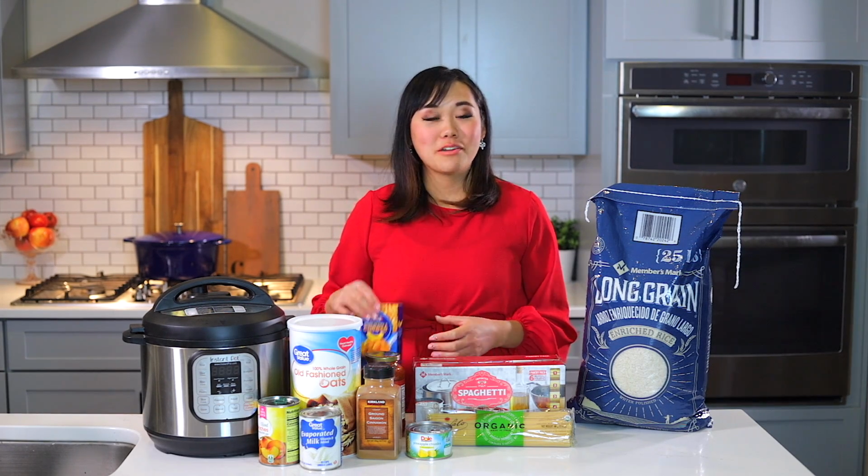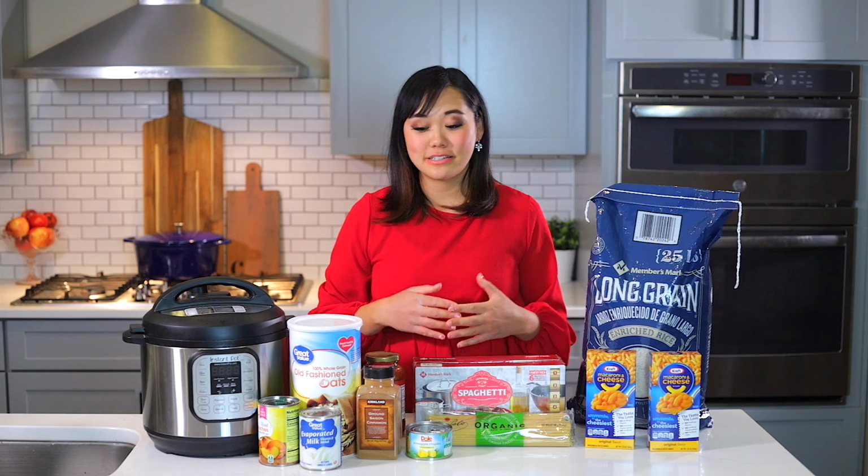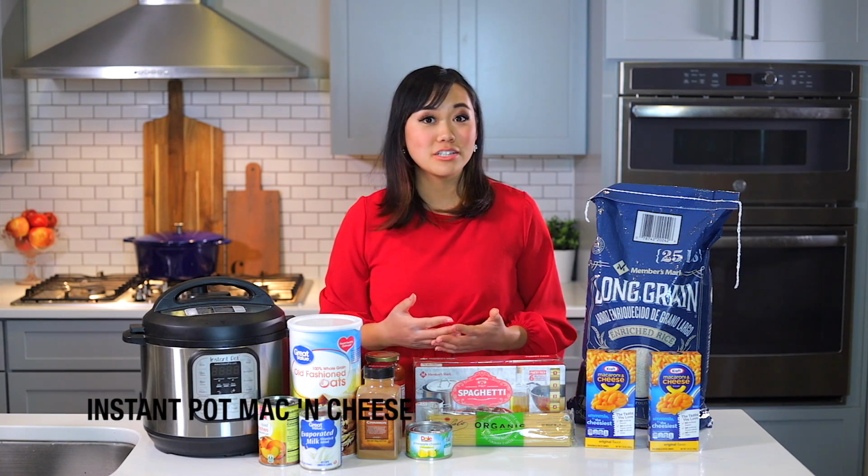Next up is Instant Pot mac and cheese. Now, if you watched my video from last week, I had my Kraft mac and cheese, which is an amazingly easy hack to use your Instant Pot to make a no-drain mac and cheese. But if you want to make traditional mac and cheese using some evaporated milk and frozen cheese,